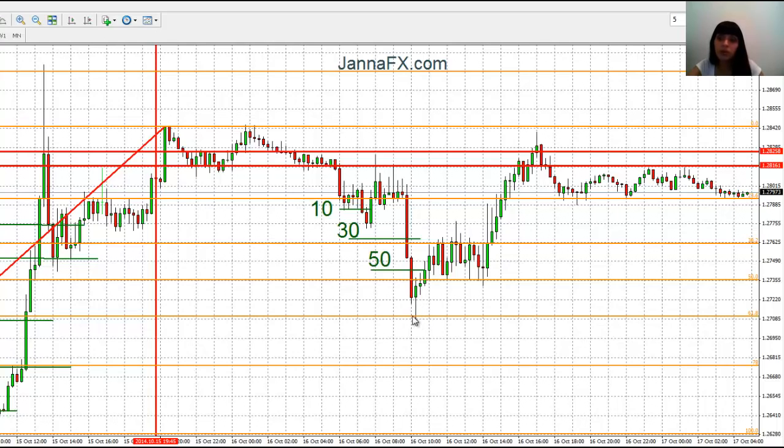And also when it would touch the 61, I would move it to 30, and then the market would return. It would have touched somewhere around our stop loss,